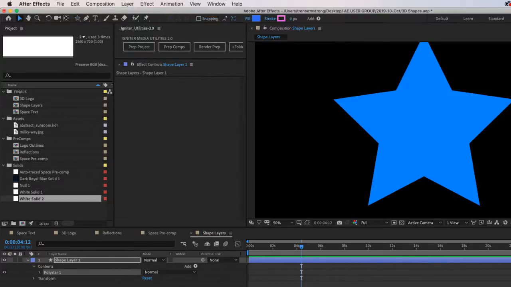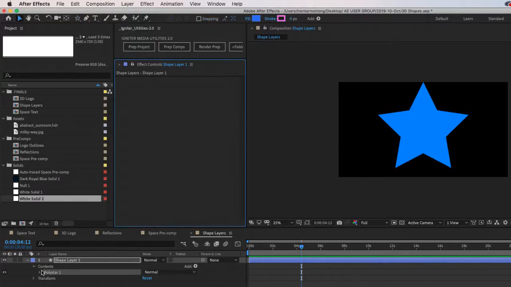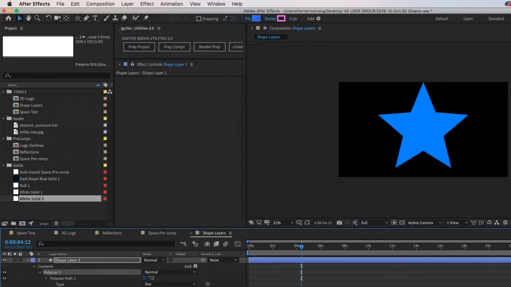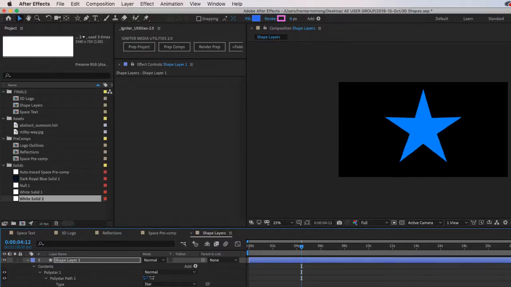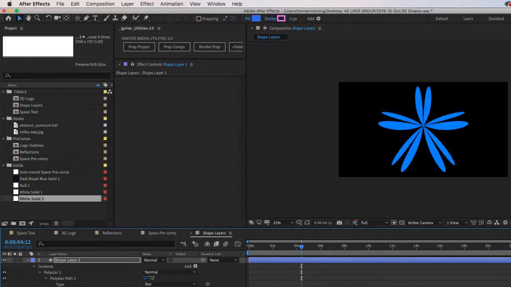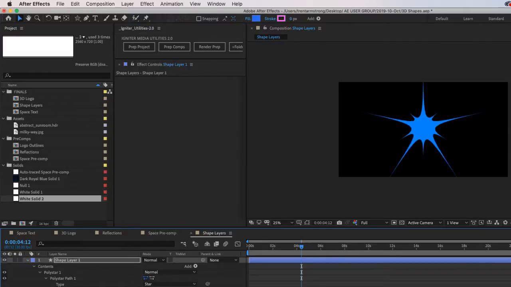here. And we can do pucker and bloat. So with your polystar, you have the inner radius and outer radius. And then we can put on pucker and bloat. And that does some interesting flower and starburst kind of things.